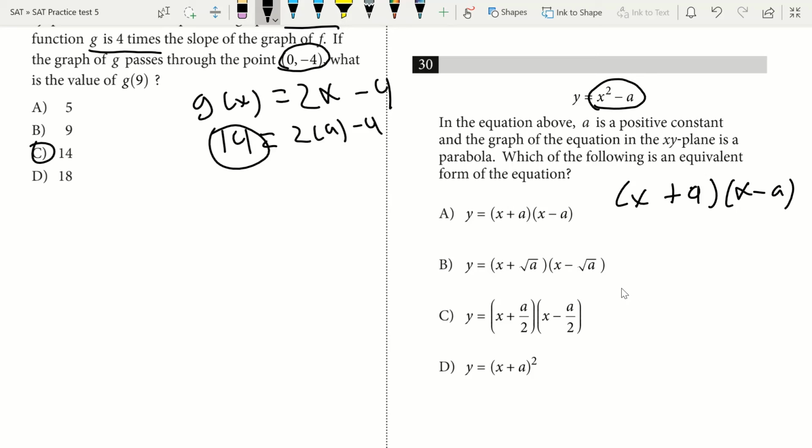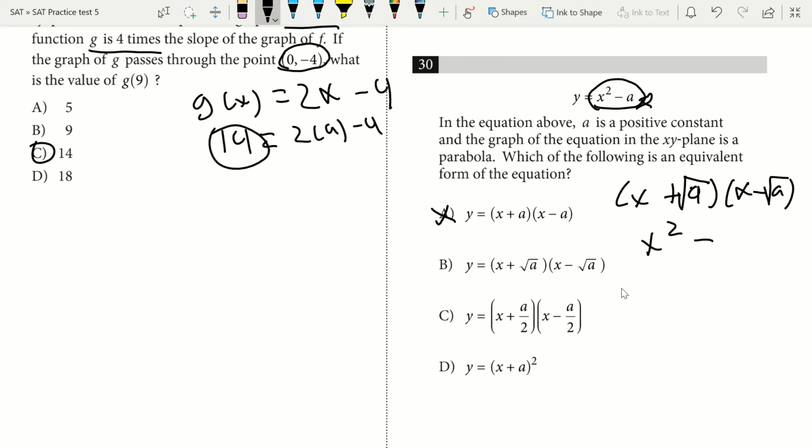And this isn't my answer choice. It's not A. I'm just using this for demonstration purposes. And that gives me x squared minus a squared, right? Well, I know A is just A, right? So if I want this, what I'd actually have to do is get the root of that, right? So if I want that, then I have to actually have x plus the square root of A times x minus the square root of A. Because when I do that, then I get x squared